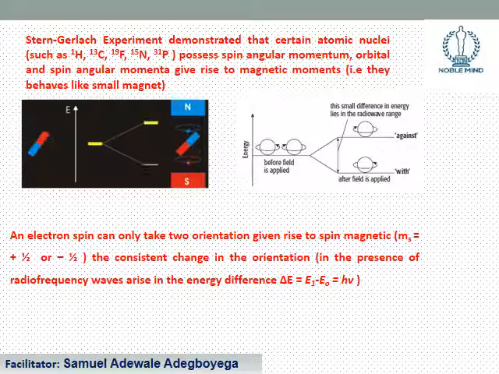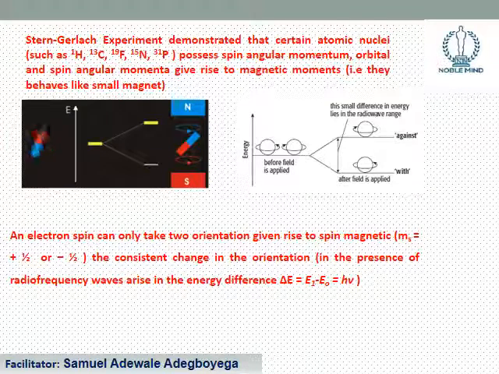Okay, and he found out that orbital and spin angular momenta give rise to what is called magnetic moment, which means that they behave like a small magnet. Before they were put in an external magnetic field, you could see that the band has not been split. But in the presence of the external magnetic field, which is north and south, you discover that